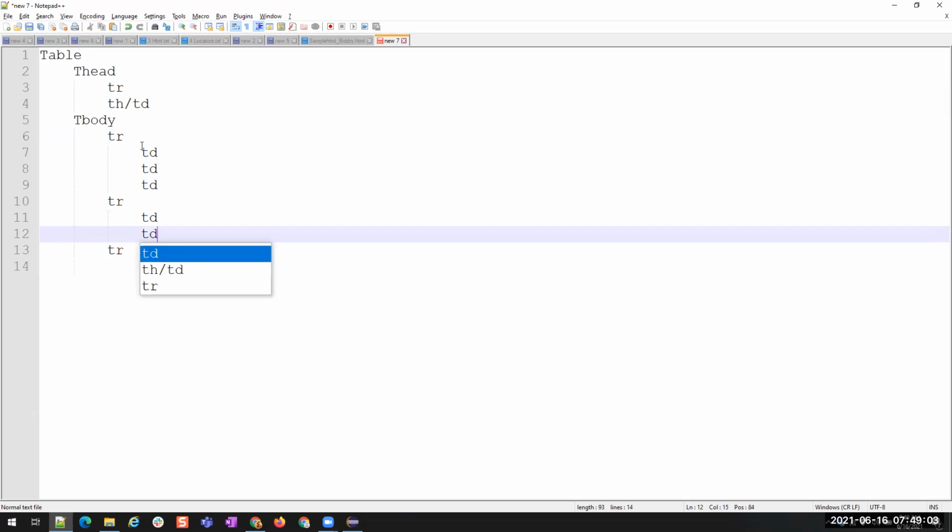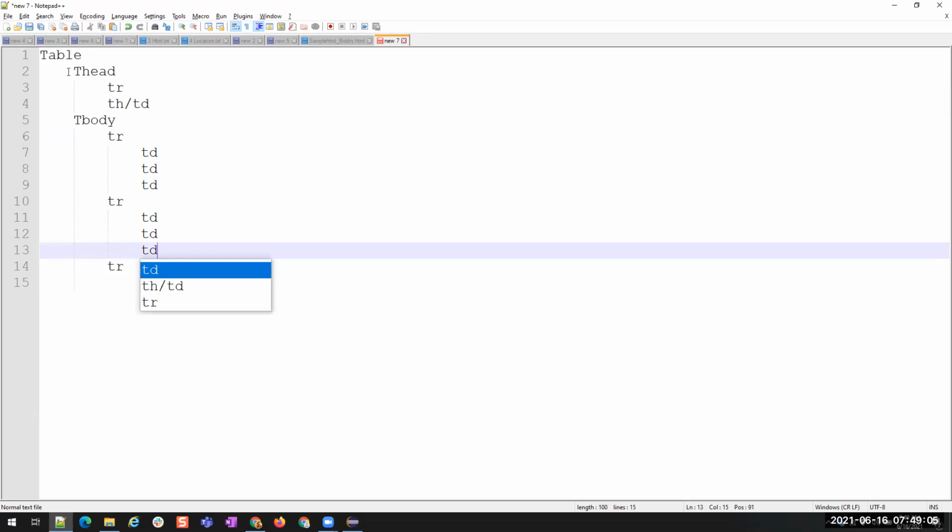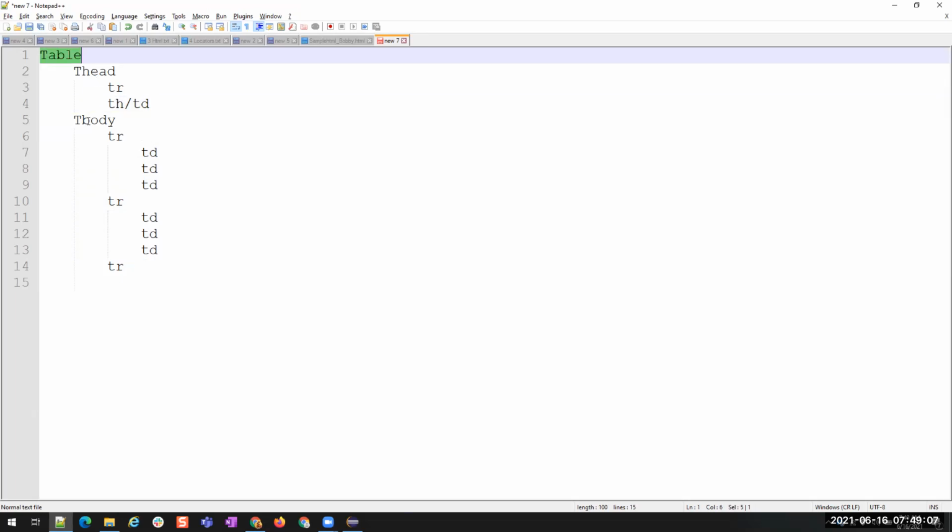Understood? So you have a table, inside it you have a T head tag and a T body tag, and the T head tag has a TR to represent a row, and inside that row we might have TH or TD. And again we have a T body, and in T body we might have n number of rows.